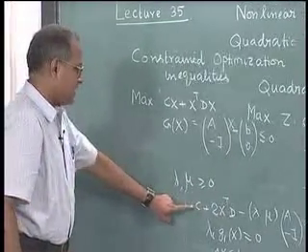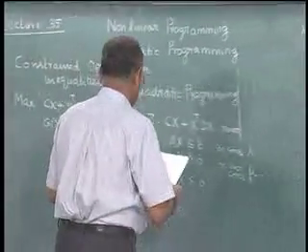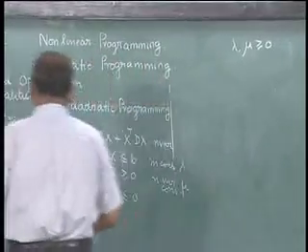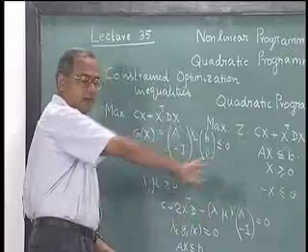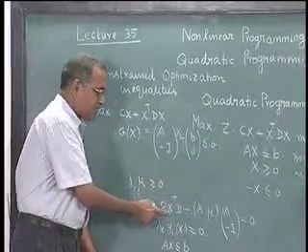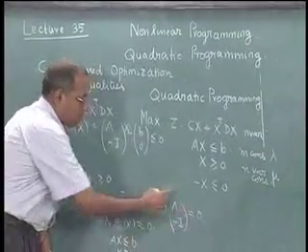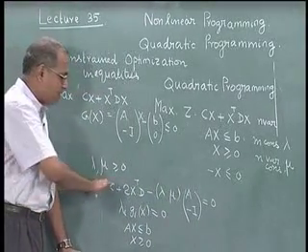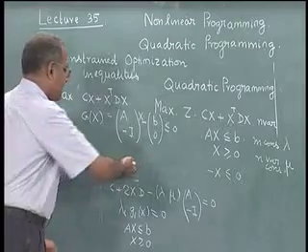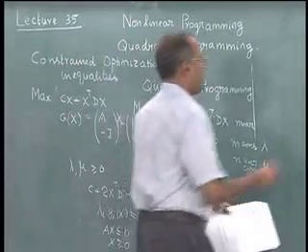Now, this is written as, we keep this c on this side and take the rest of them on the other side, because this involves a variable x, these involve variables lambda and mu. Now, c is the only one that is a constant. So, we keep c on this side and take the rest of them on the other side, we would get